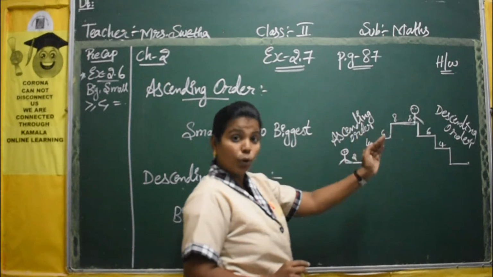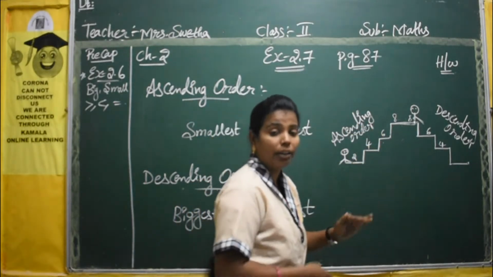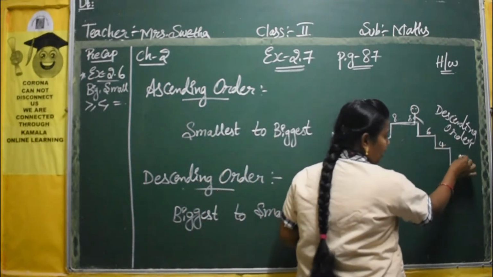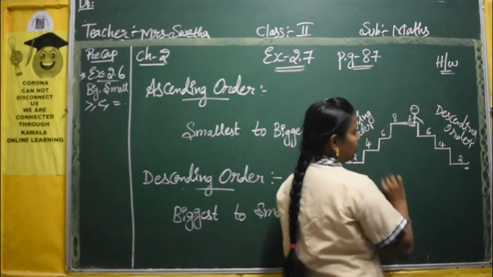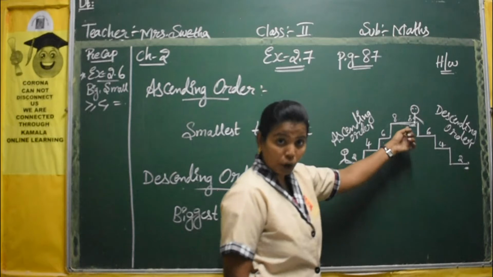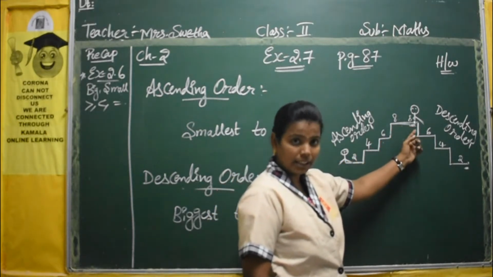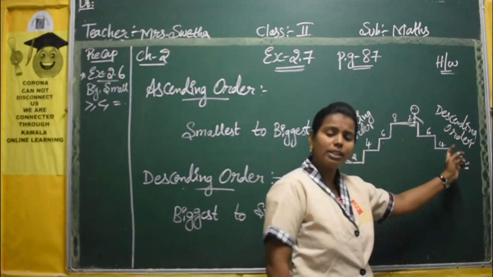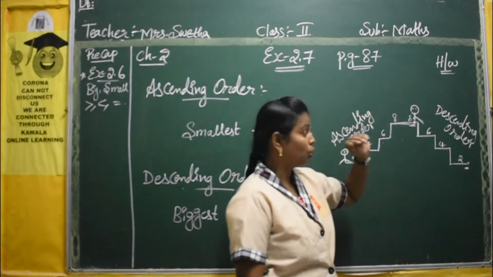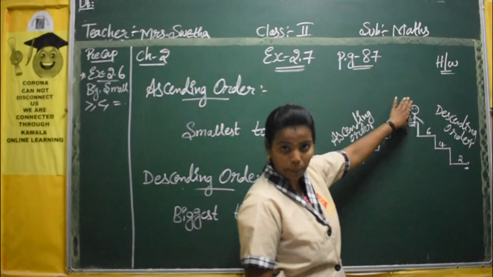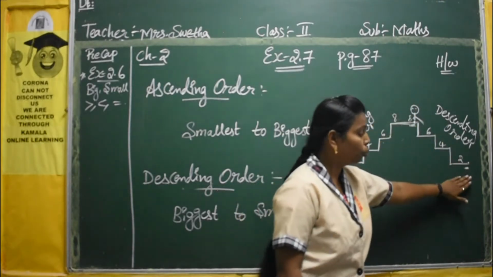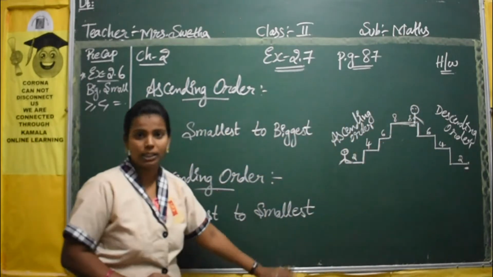See, the numbers are going down. The numbers are becoming smaller in the next place. See here again you got 2. See this last place and here in the first place. The first number you got here is the greatest number, then the last number. Understood? So in descending order, always you have to go from the highest number, the biggest number, to the lowest number, to the smallest number.